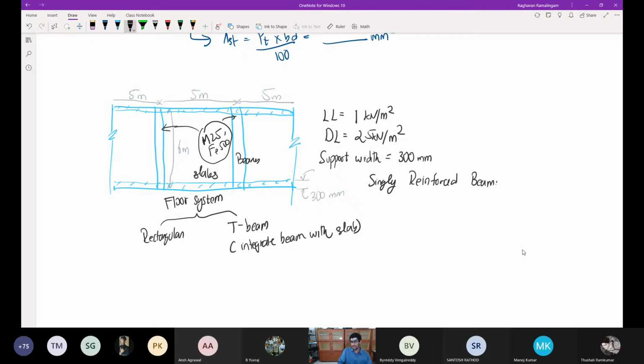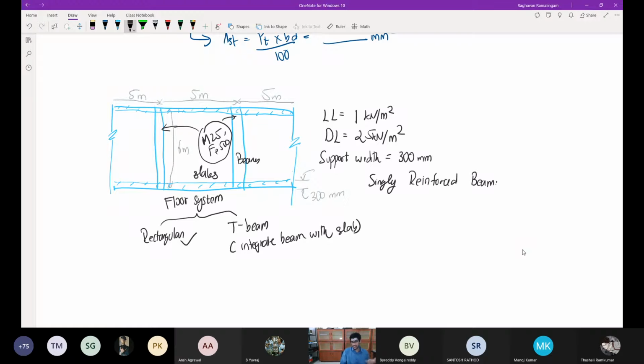When you do T-beam design, your depth of the beam will reduce, and so in big projects they may want to do that. There are also some detailing differences between rectangular beam and T-beam. But right now you have learned only the rectangular beam, and you can design the beam of a floor system as a rectangular beam as well. Only thing, you will get a slightly higher depth than what you would get if you do the design as a T-beam.